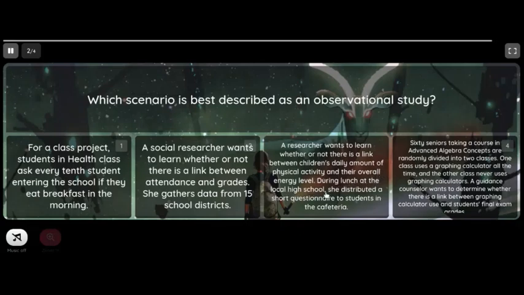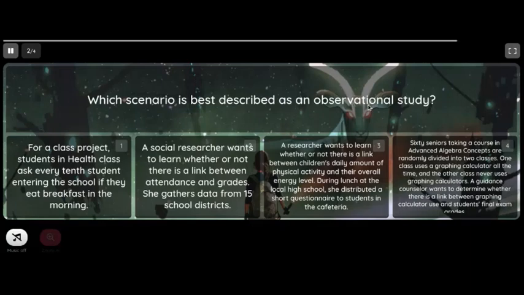During lunch at the local high school, she distributed a short questionnaire to students in the cafeteria. Or we have 60 seniors taking a course in advanced algebra who are randomly divided into two classes. One class uses a graphing calculator all the time, and the other class never uses graphing calculators. A guidance counselor wants to determine whether there is a link between graphing calculator use and students' final exam grades. So those are four different types of scenarios, and they ask which one best describes an observational